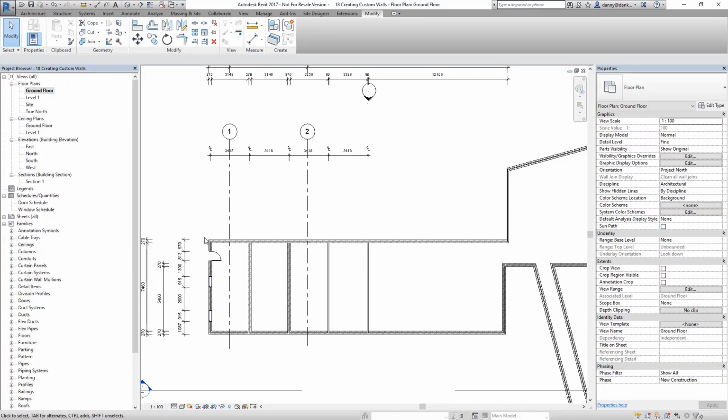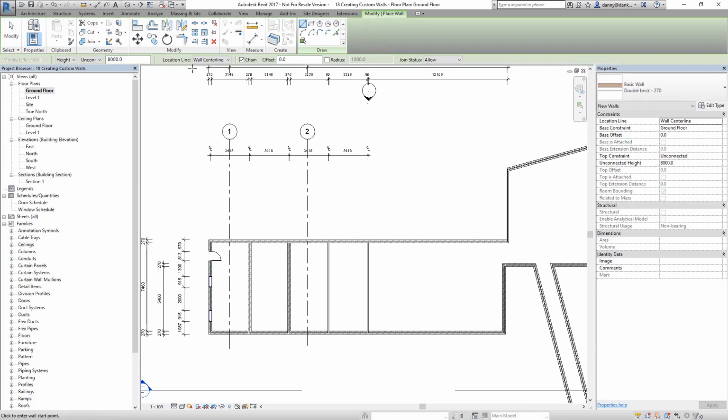Before I start actually creating walls, I need to take a few things into consideration. One is how walls are going to be drawn, and the other is the height of my walls. The location line determines how the wall is drawn. I'm going to type WA for wall, and you can see over here that the location line is set to